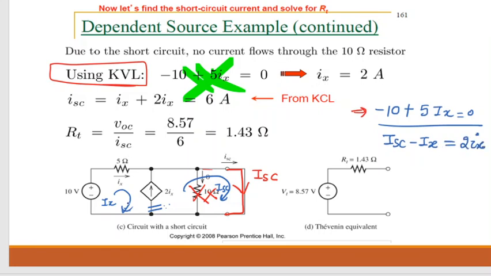And you don't need IX; you have variables, and can you solve IX and IS to get the value for